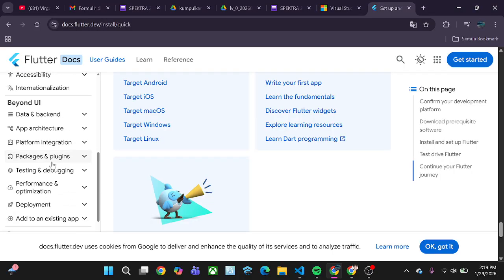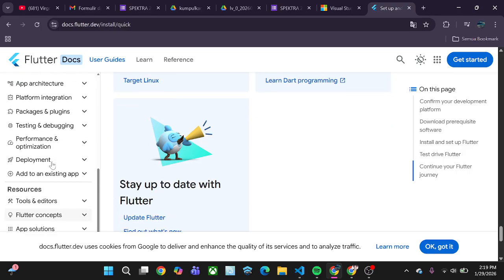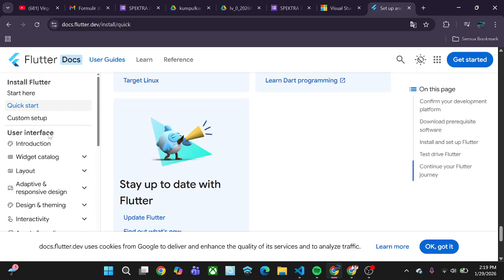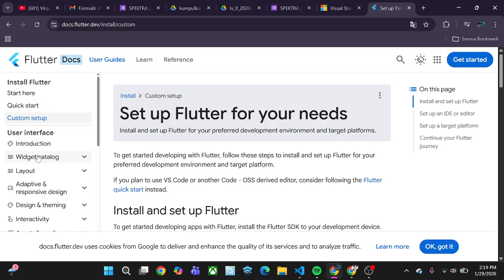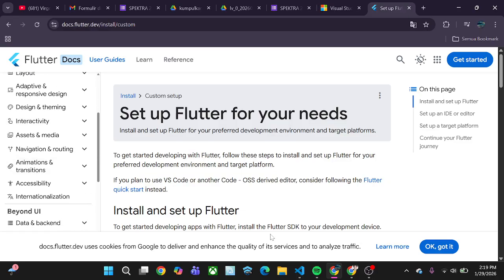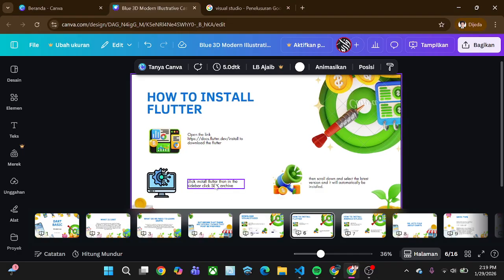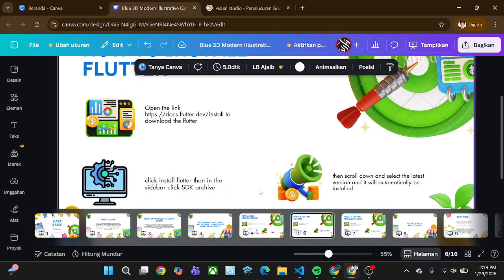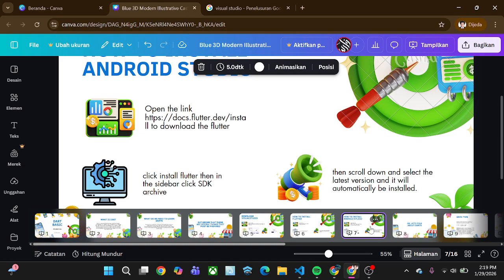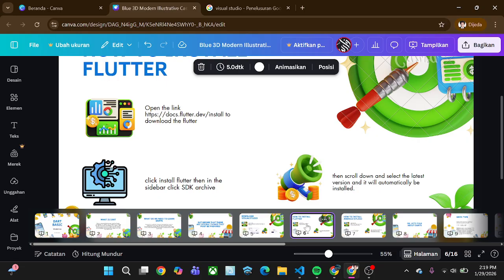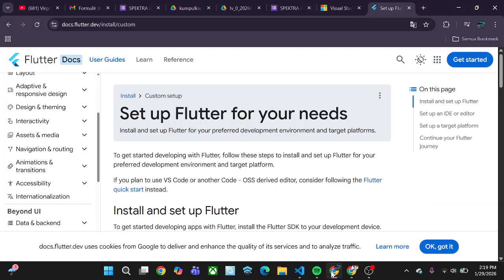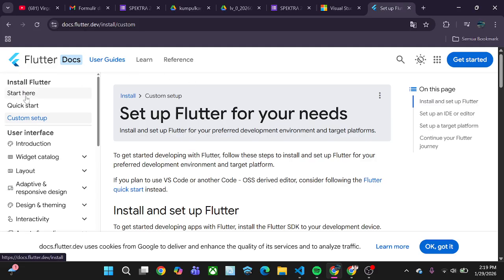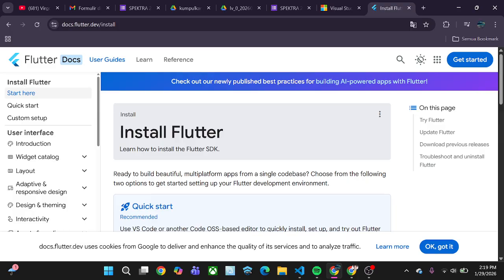You search for install Flutter. This is install Flutter, yes.